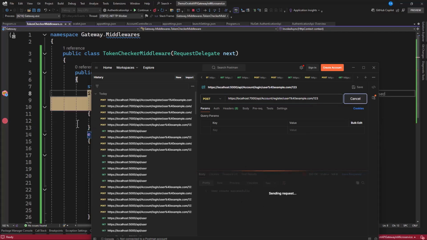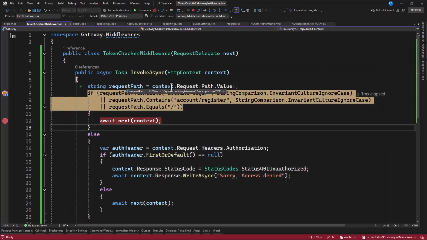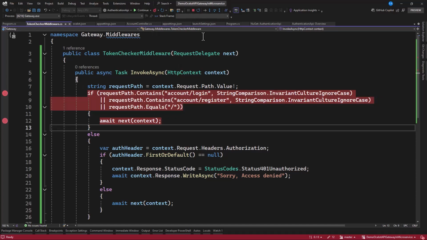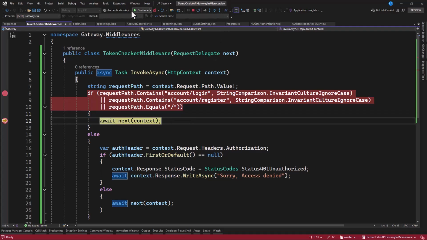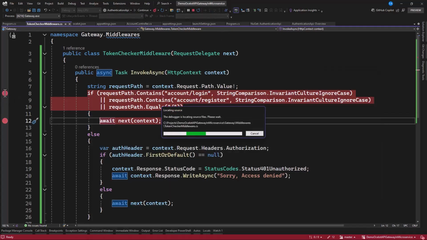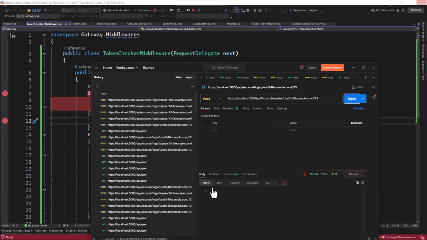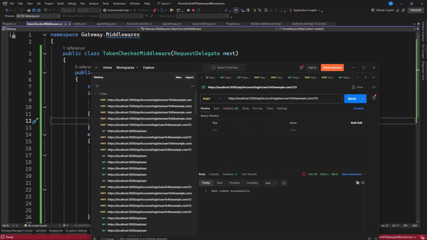Now let's wait and see. Breakpoint is hit. Request, and now it is this user 1. And now let's see, so you have it in here. If I click on step out, you see it's going to execute this. Yes. And now this is also created. So let's see. We are waiting for the response. And now we have this user also created.